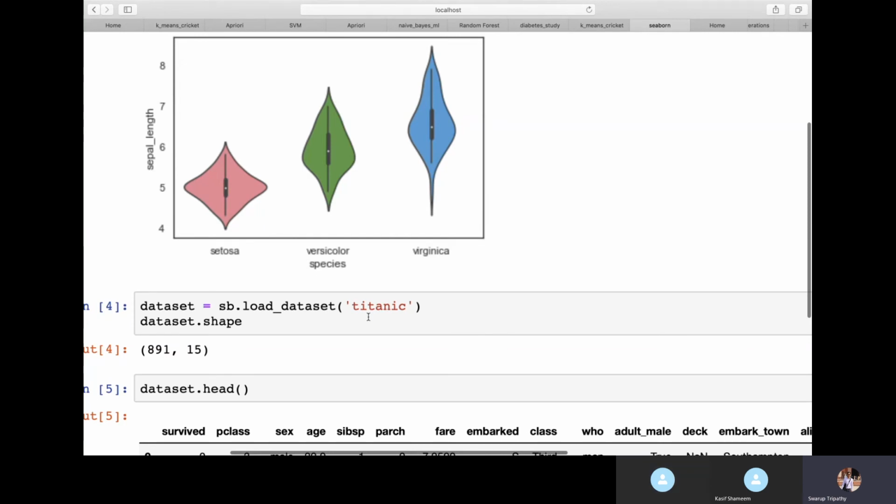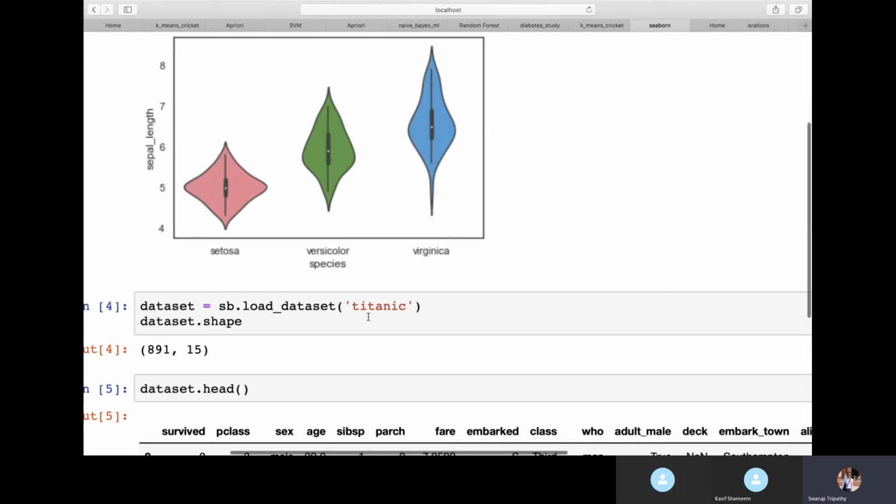Now in Titanic there are a lot of things to study. You can study a lot of human behavior. For example, if a person is rich or poor, what's the survival strategy. If somebody is going with his or her spouse and children, what's the survival strategy. So there are so many things which we can understand by analyzing that data. That's why in Kaggle also there is this competition which we'll be taking part in.